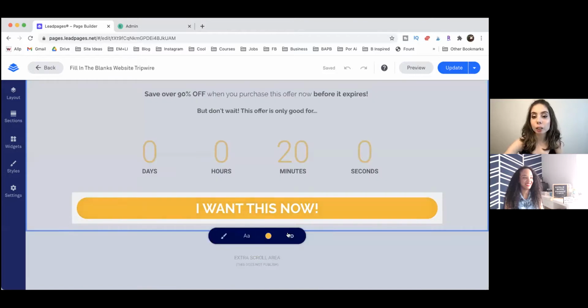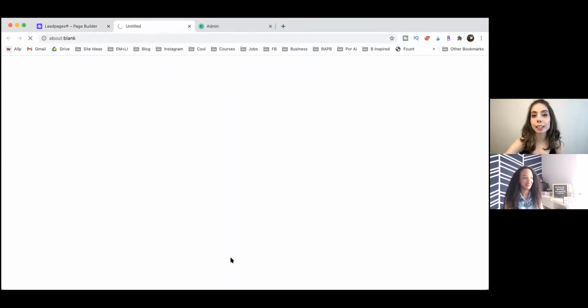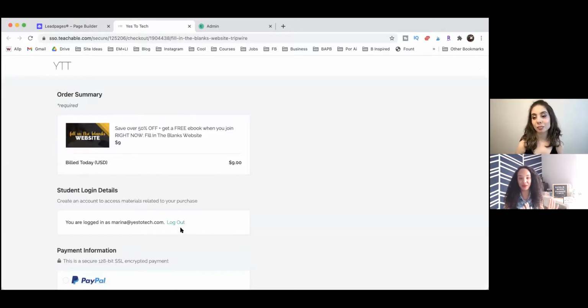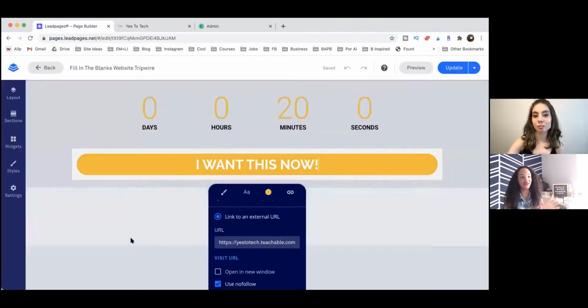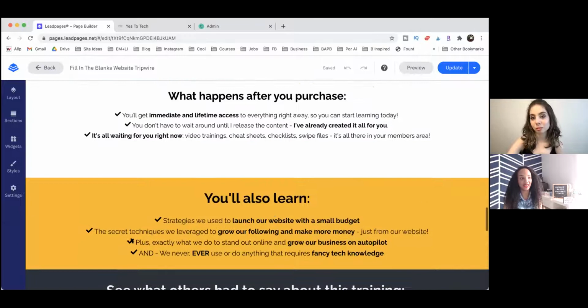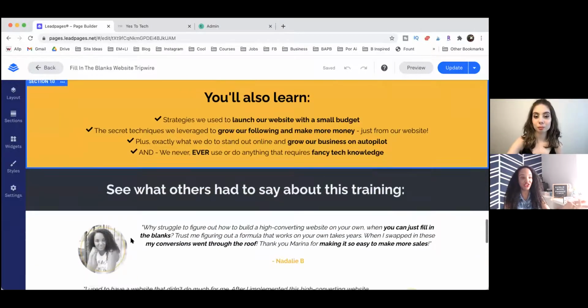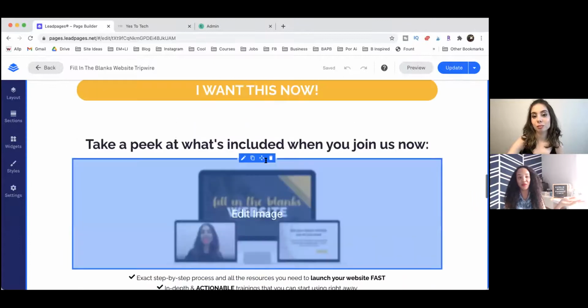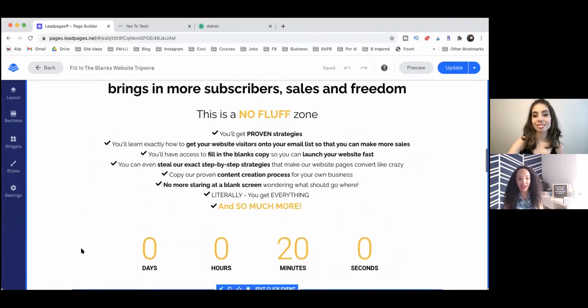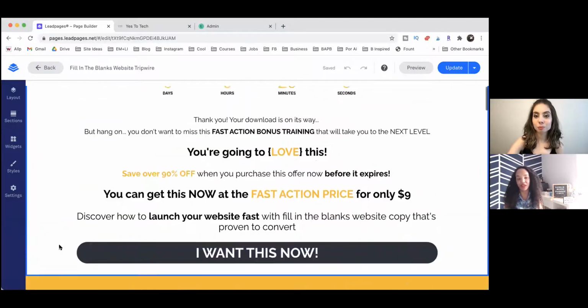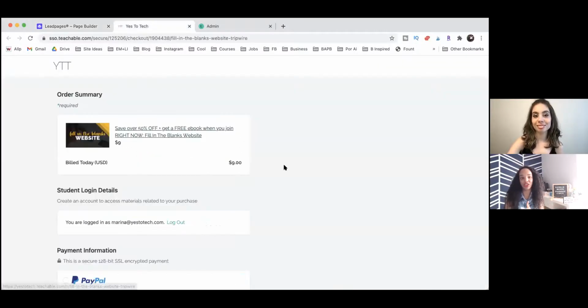If you click this button over here, it'll actually take you to the checkout page. So in case anyone's confused, the sales page is where you're making your offer. You're giving all the details about your product, what's included. If it's a course, tell us about the modules. If it's an ebook, tell us about the chapters. You've got testimonials, you've maybe got preview screenshots, a product shot, like the beautiful ones that Marina has there. And then a checkout page is where they're entering their payment information so that you can actually make the money,